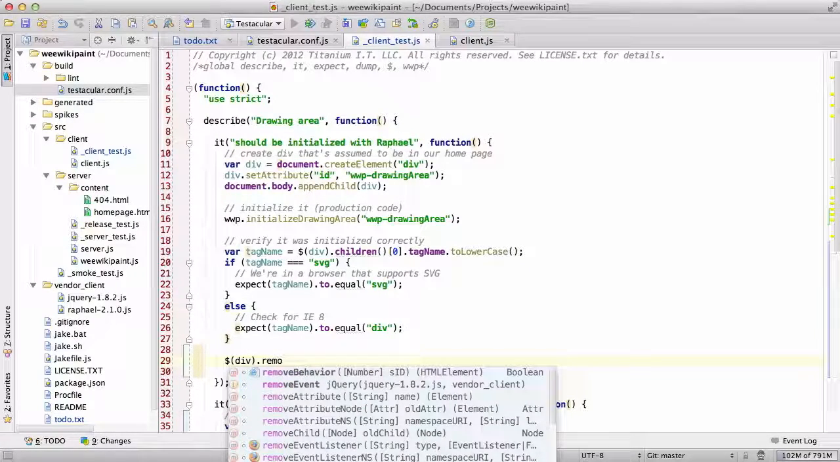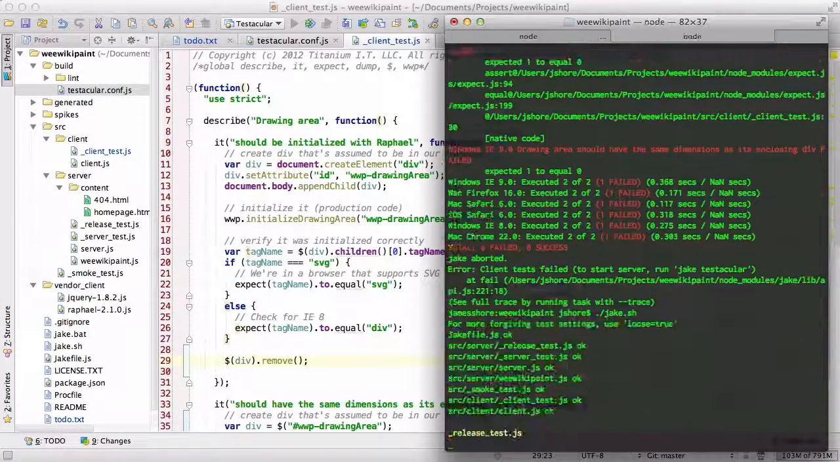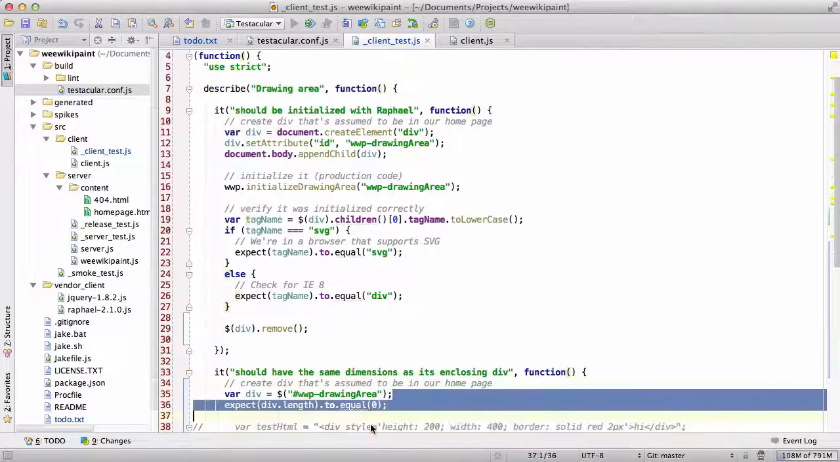How do we do that? I don't remember. I will check that out and be back in a moment. Okay, yeah, it's just remove. So I should be able to say div remove at the end here. And yeah, now that works because